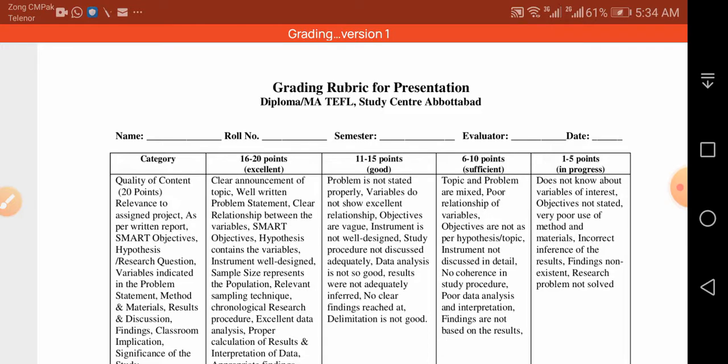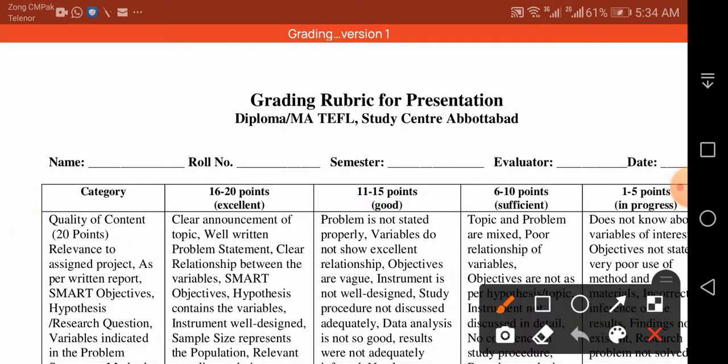Now, at BS level or at diploma TEFL level or MA TEFL level, because I have been supervising projects at diploma TEFL level and MA TEFL level, we usually assign mini projects to students, and then they go into the field, collect data, and write a research report. Then they are given 20 minutes to defend their thesis or their topic or hypothesis.